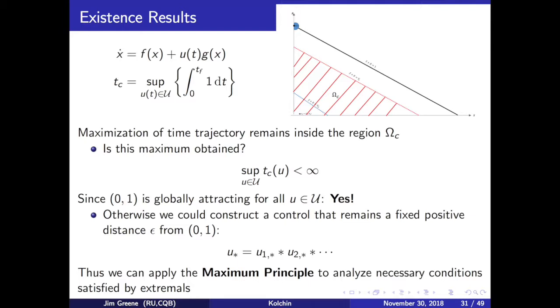Again, there's technically an argument here, and you have to use some convergence. You can do it a couple of different ways, but weak convergence essentially. Otherwise, you could construct a control that would stay inside that set, stay away from (0, 1) for all time, but that's a contradiction. So you can do it, but it takes a little bit of finesse. So that allows us to say that the maximum does exist. So the sup is really a max, and so we can use the maximum principle to study the